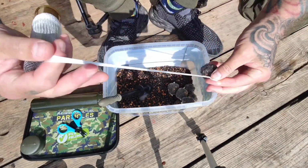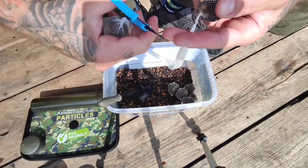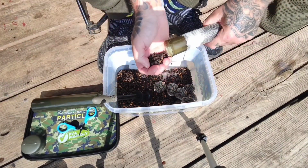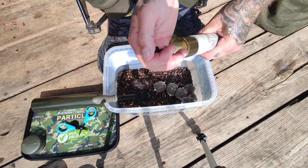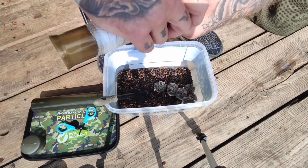I'm not going to bore you with too much more watching these, but this is what I like to do. Always hook a bag of something on, whether it's a little bag of pellet like this, or a bag of boilie crumb. But I think with pellet, you can't go far wrong, to be honest. Every fish in the lakes likes pellets. That's what they're reared on, that's what they're fed on. So yeah,